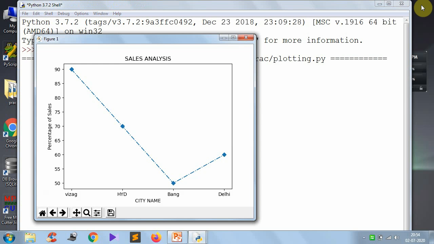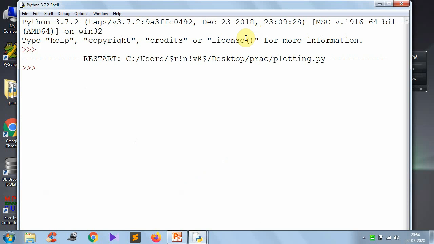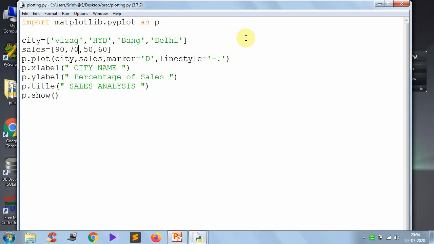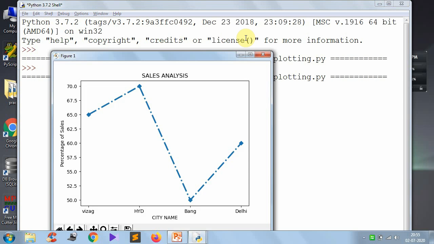Suppose you feel that the line is not that thick and you want to change the line thickness. So what to do? Here you can give the line width. This is one more parameter. Here I have given the line width as 3. Now see that, the line is thicker as compared with the earlier line. So this is the way you can give different styles and widths to the line, and you can specify the markers also, so that your graph will be a good-looking graph.